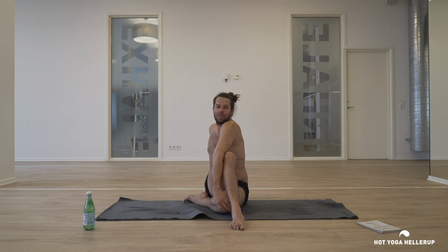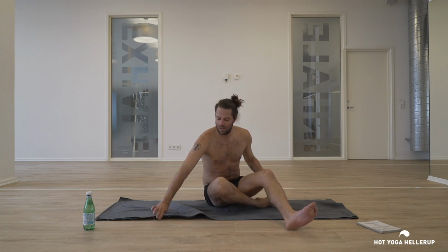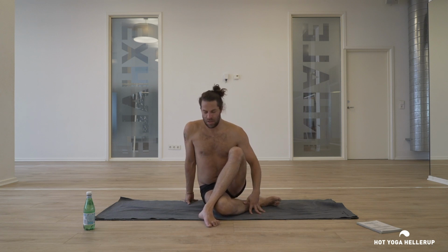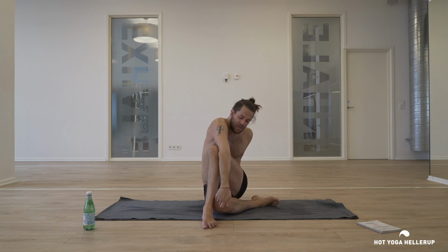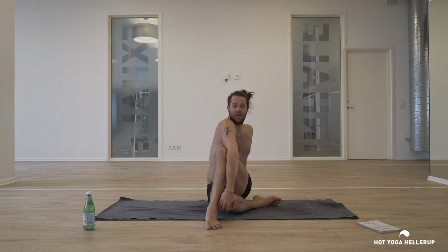Change. Swap the legs. Left foot over, heel and knee touching, the right arm up, bring it over the left leg, push your elbow against the knee. Now the hand, knee and heel touching each other at the same spot. Nice and tight. Grab the right thigh if you can with the left hand,